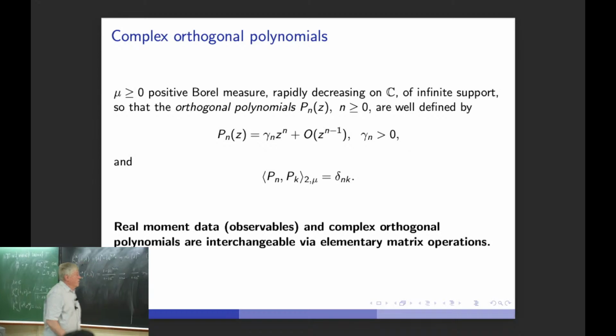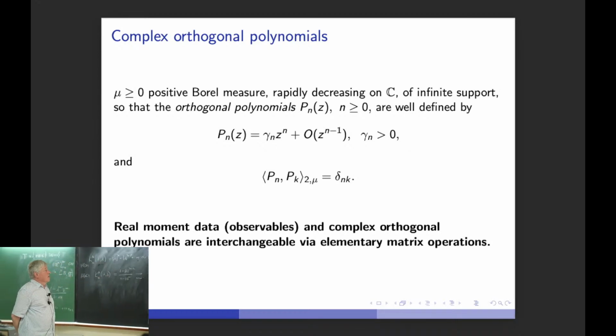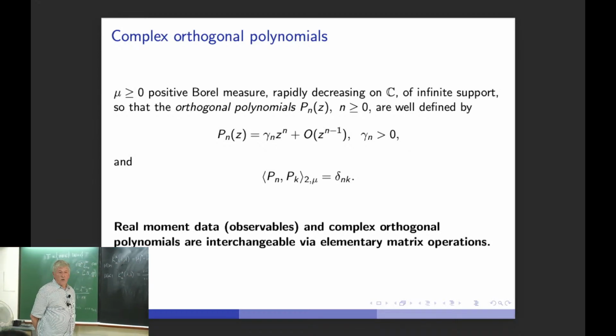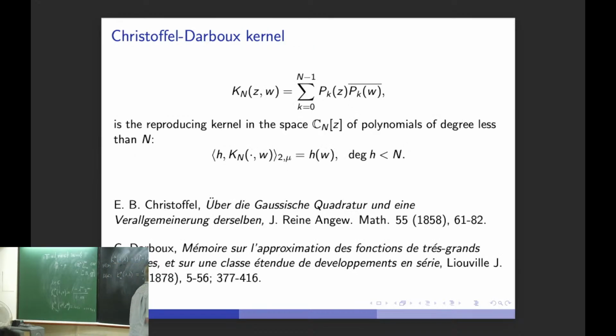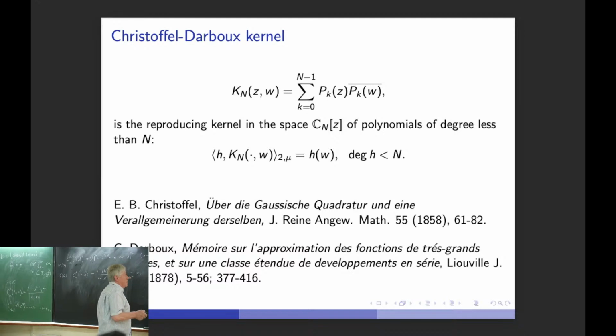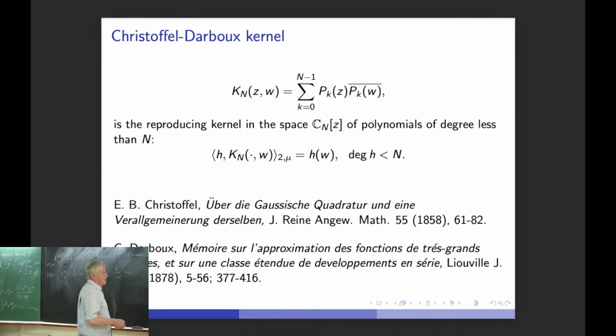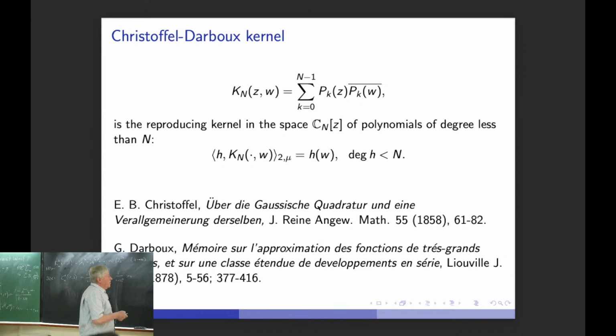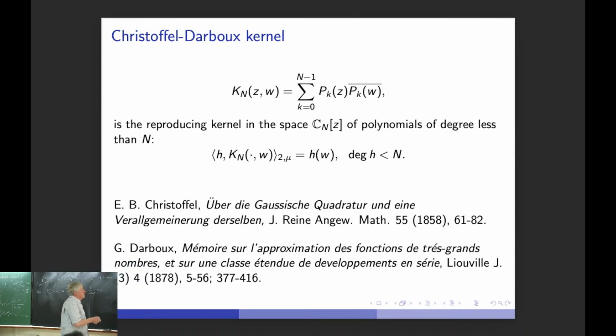I'll go quickly over what we did. We have the orthogonal polynomials now. Let's work in the complex domain. The kernel, the so-called reproducing kernel. There are different terminologies here. The sum is up to n minus 1. Before, I used the sum up to n. So forgive me for this behavior. It's not essential.